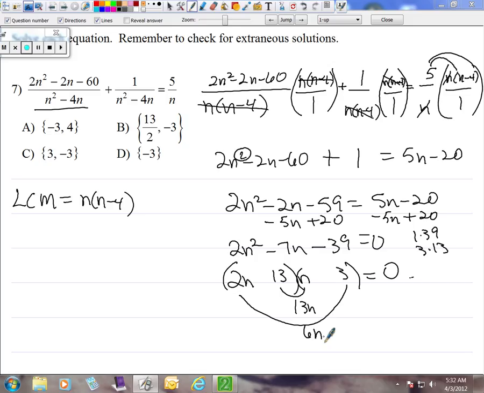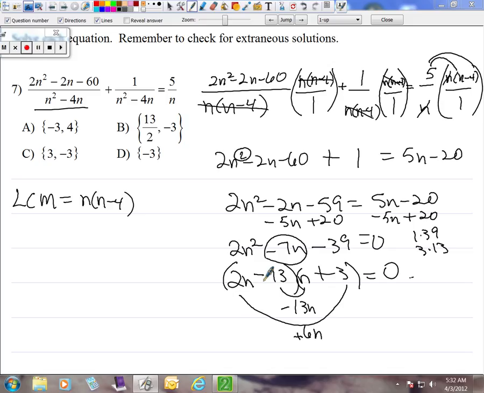So my OI can give me a 7, but I need a negative 7. Well, if this is negative, then the higher one has to be negative. If this is positive up here, then the higher one has to be positive. So since the 6n came from here, and the 13 is negative,